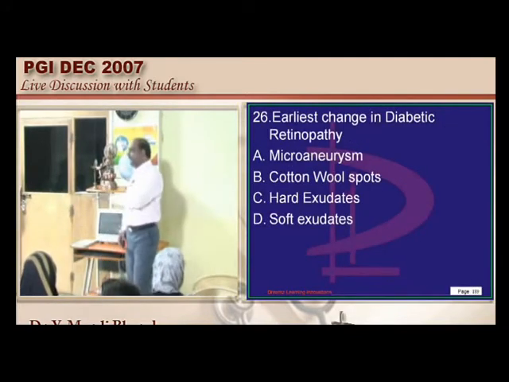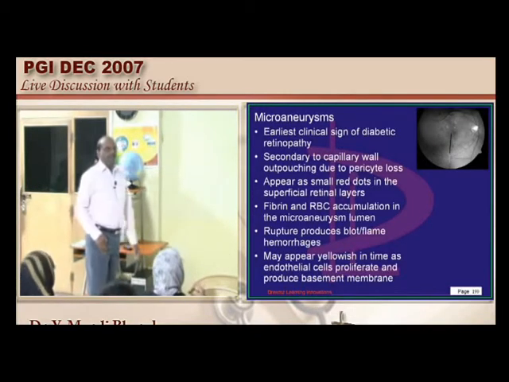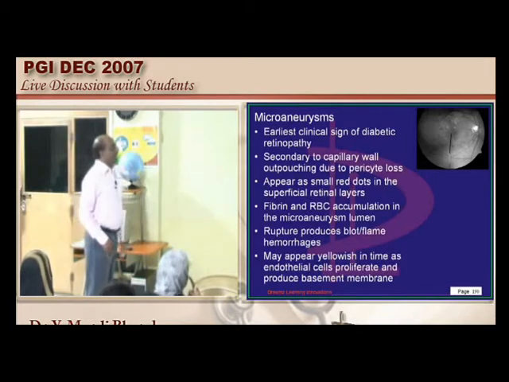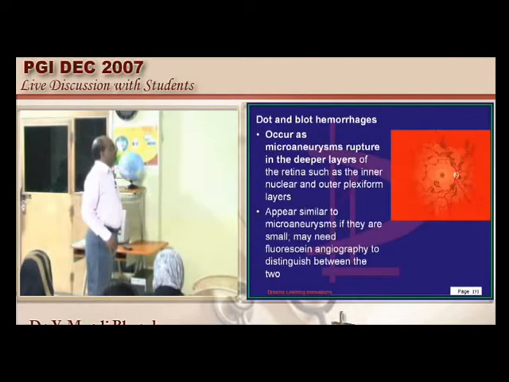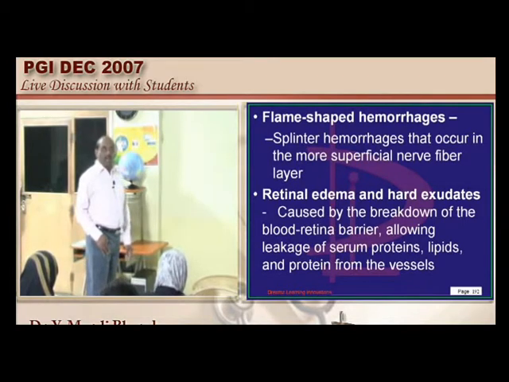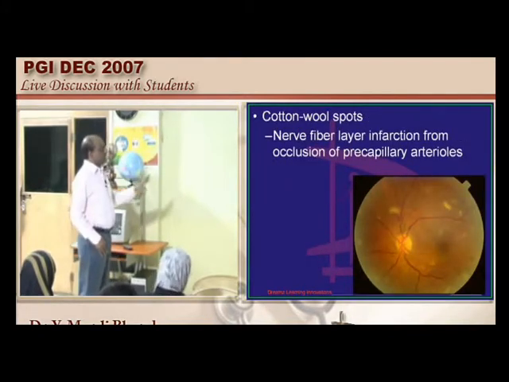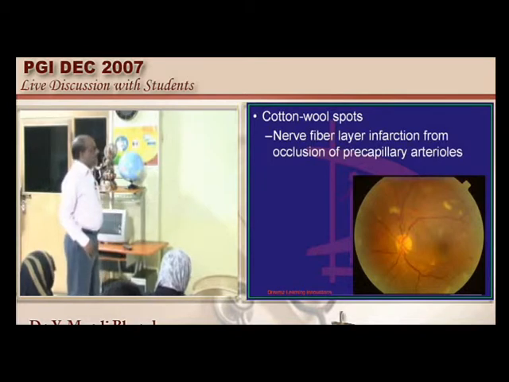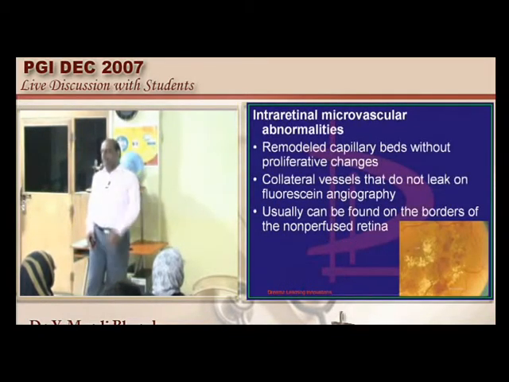Diabetic and hypertensive retinopathy is a very common topic in the exam, doctor. Everything and anything we need to know. The earliest clinical sign in diabetic retinopathy is the identification of microaneurysms. Dot and blot hemorrhages can occur, along with flame-shaped hemorrhages, hard exudates, retinal edema, and cotton wool spots, which are due to infarction along the nerve fiber layer. Fluorescein angiography can show the perfusion abnormalities, and there is a set of abnormalities called IRMA in diabetic retinopathy.